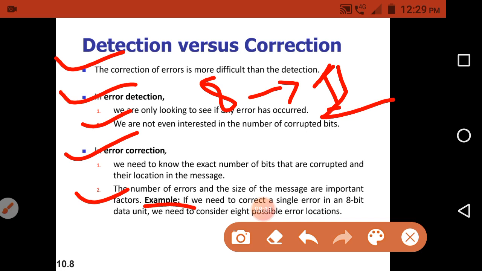There are 8 possible error locations, because we don't know in which position of these 8 bits the error is present. So you need to search all those 8 locations, and only then can you identify the location of the error when detecting a single bit error.